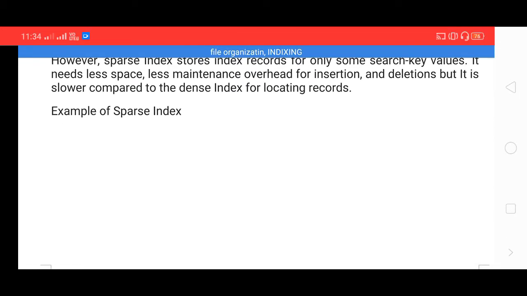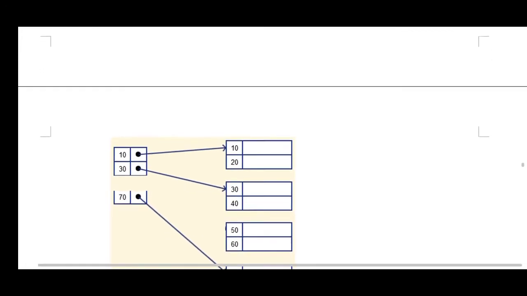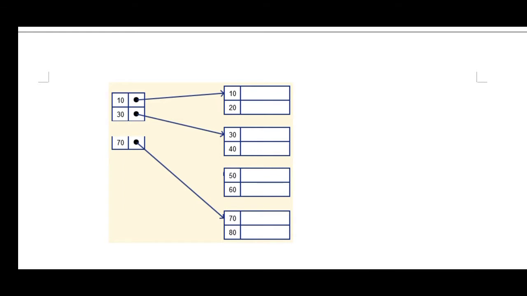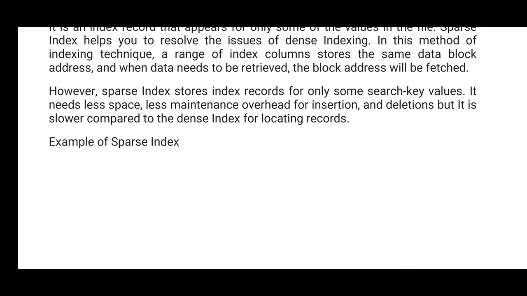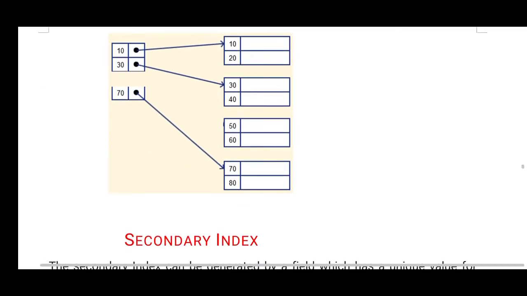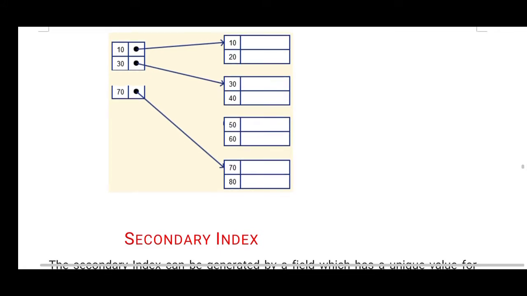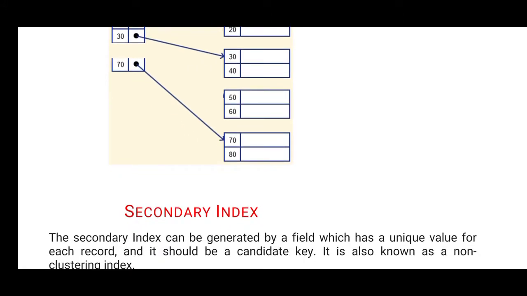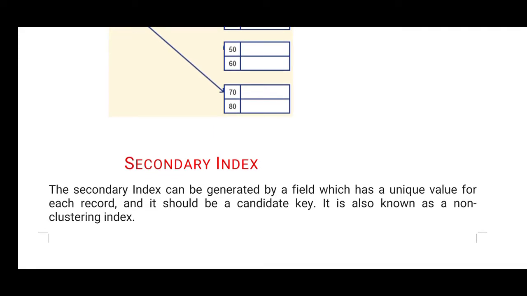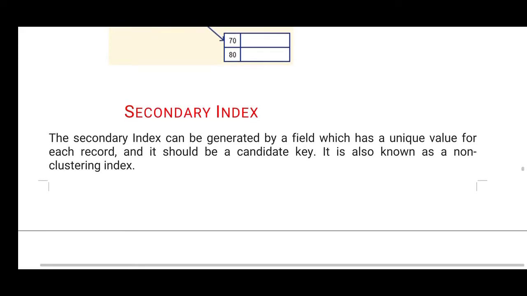Example for a sparse index: just take 3, 10, 30 and 70. This is an index of search key values. What do you want to search? This key only is displayed. This is one of the indexing types. The second one is the secondary indexing.